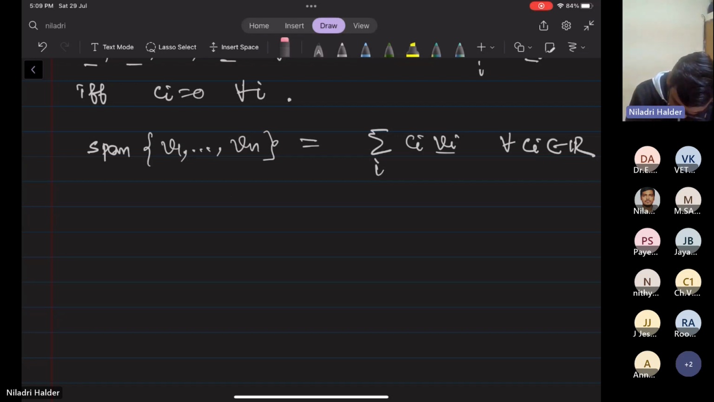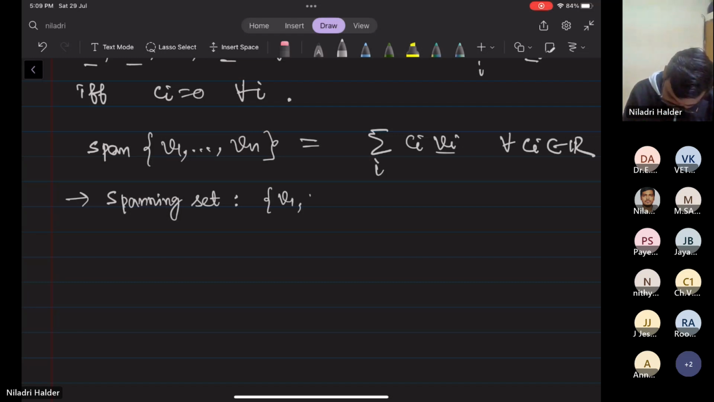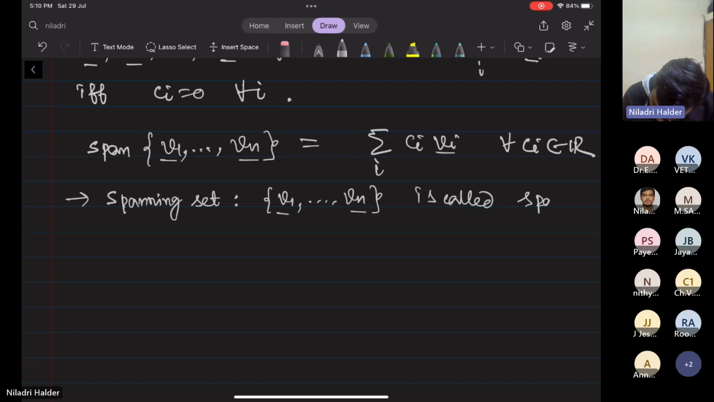Okay. So what is a spanning set? A set of vectors v1 to vn is called a spanning set of a vector space